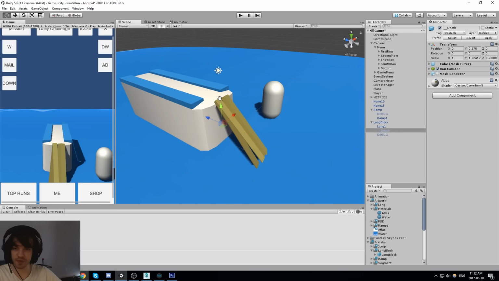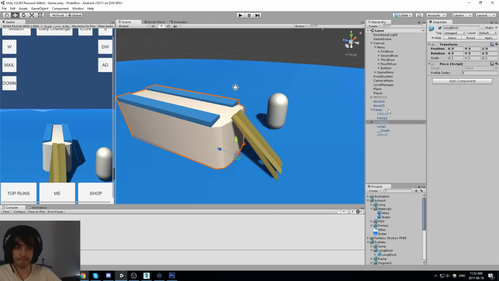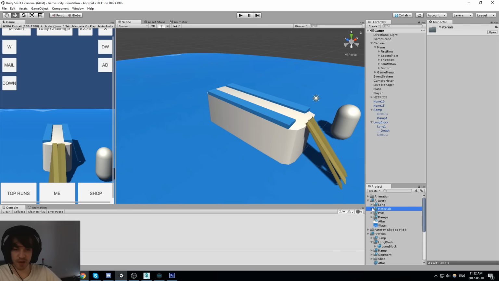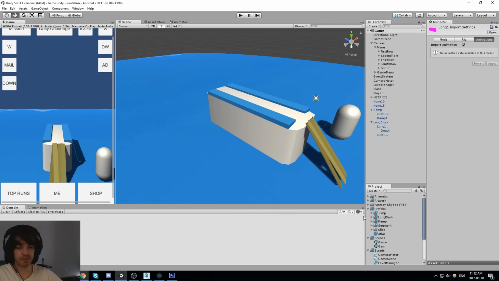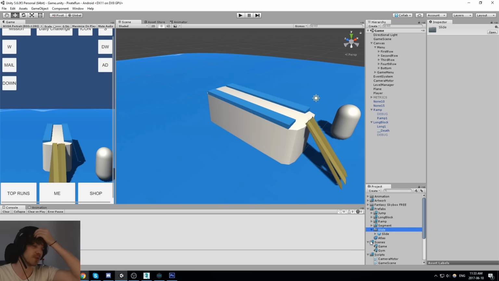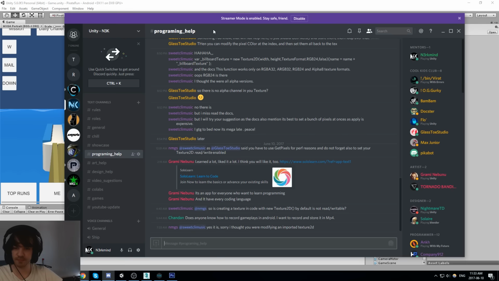If we remove this mesh renderer. So we have one ramp, we have one long. Let's also get... We need a jump, so an object to jump over. I'll just be putting like a rock. And we also need something to slide beneath. So the sliding beneath, that's gonna be weird. What could we do that we can slide beneath in the middle of the ocean? Let's see.